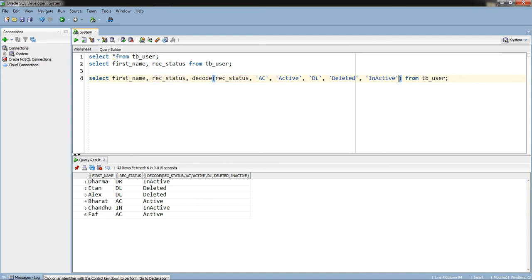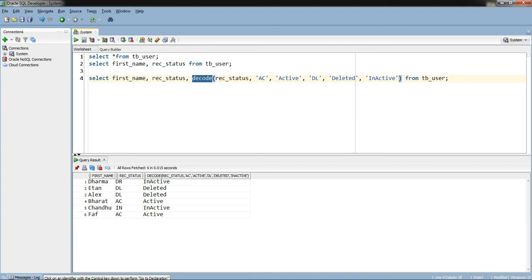If there were a pair, it would check for inactive as a rec status. As there is no inactive as a rec status, it won't match anything. So I'm considering this as a default value as I'm not going to mention any pair for it. So it will return the default if no match is found in these two. So this is how the decode function works, guys.